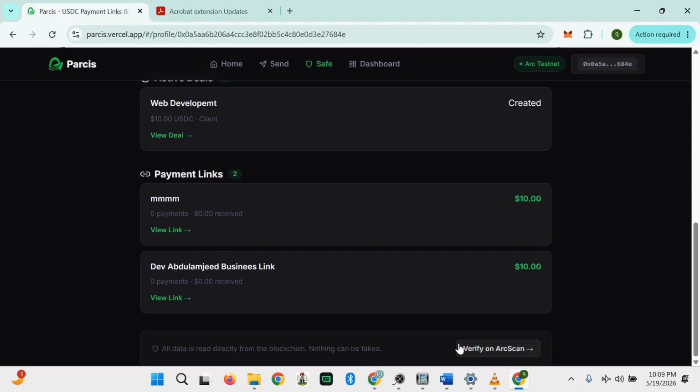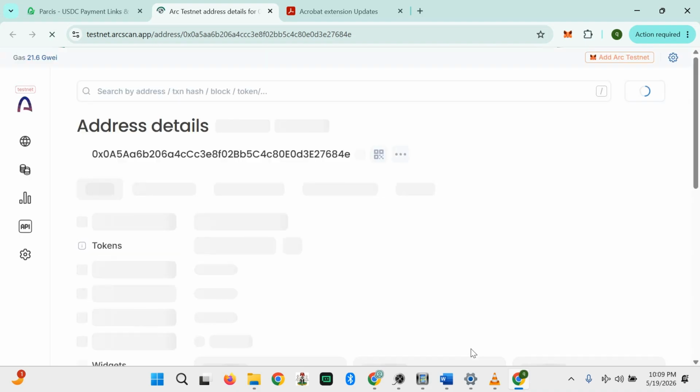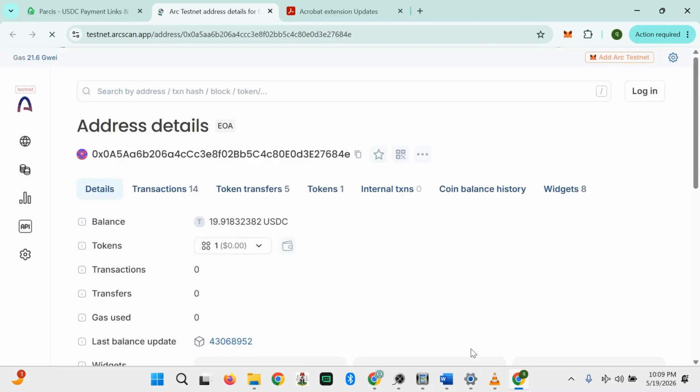You can also verify everything on the Explorer. As I said, everything is live on chain.